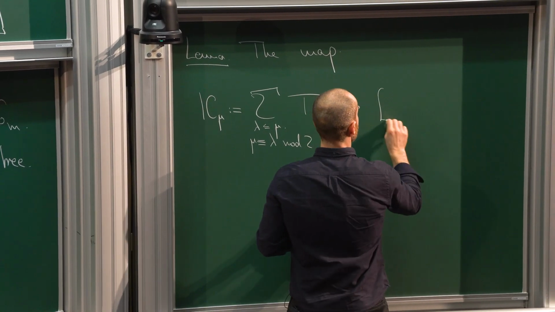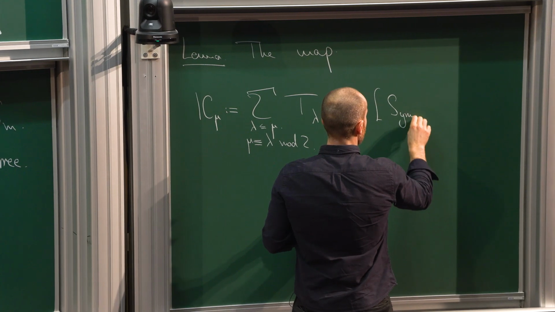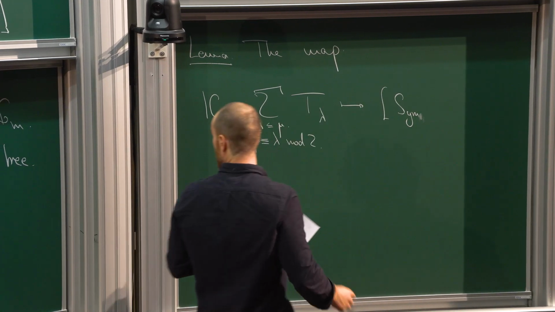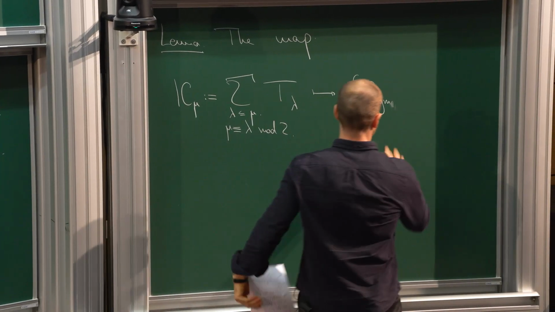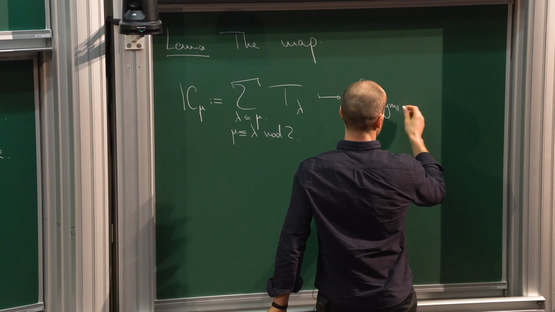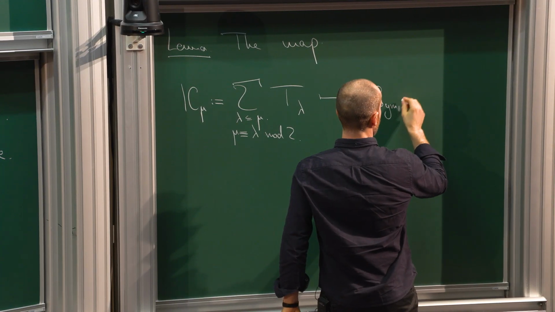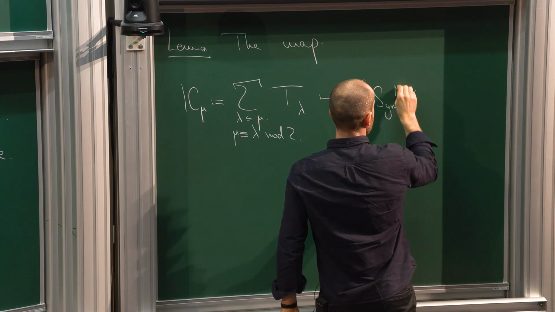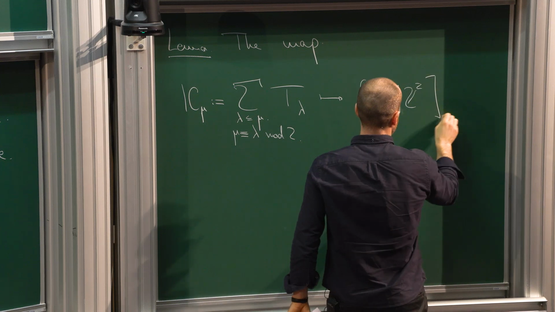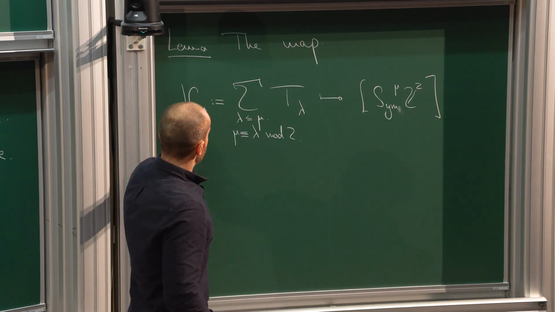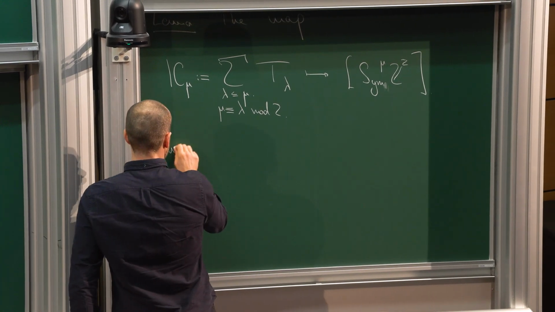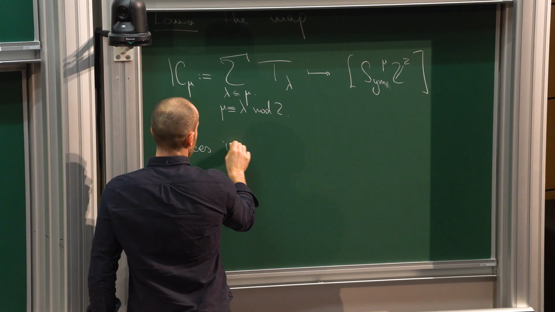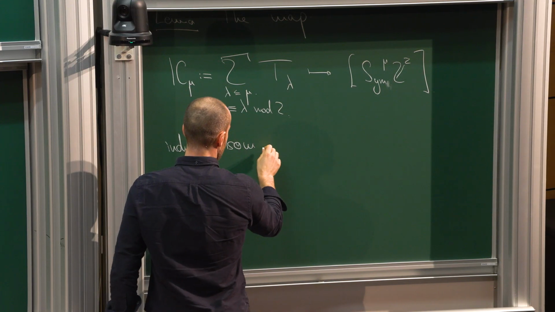And this you map to, on the other side you have a representation ring, and the brackets denote the trace of this representation. It's just the mu-th symmetric power of the standard representation. And the claim is that doing this induces isomorphisms